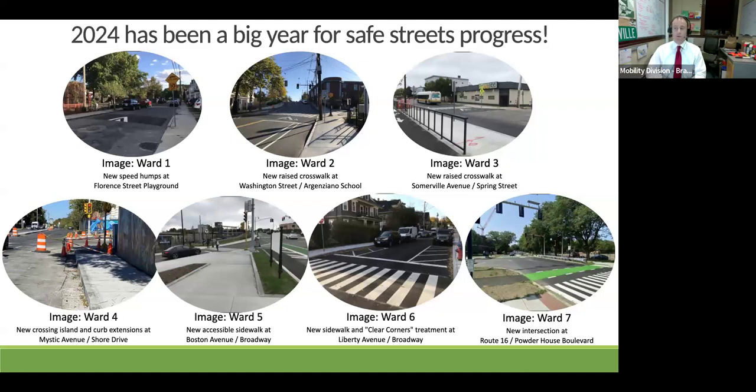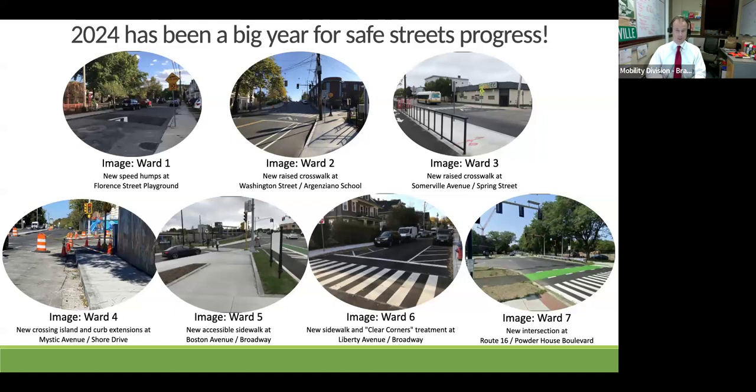So street safety is one of the most common concerns we hear from our residents. Our residents are constantly telling us that they feel threatened by speeding drivers, distracted drivers, big trucks on our tight little streets that are so full of pedestrians and people biking.